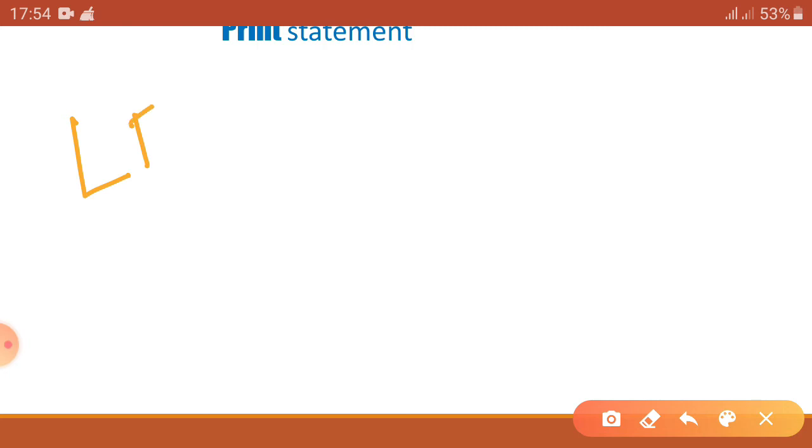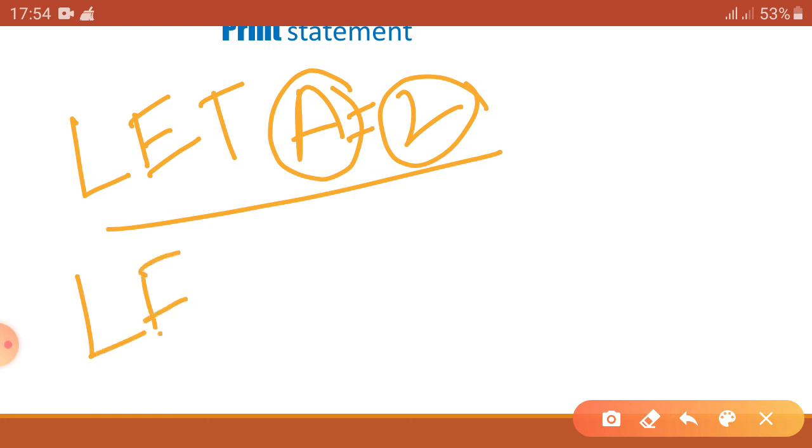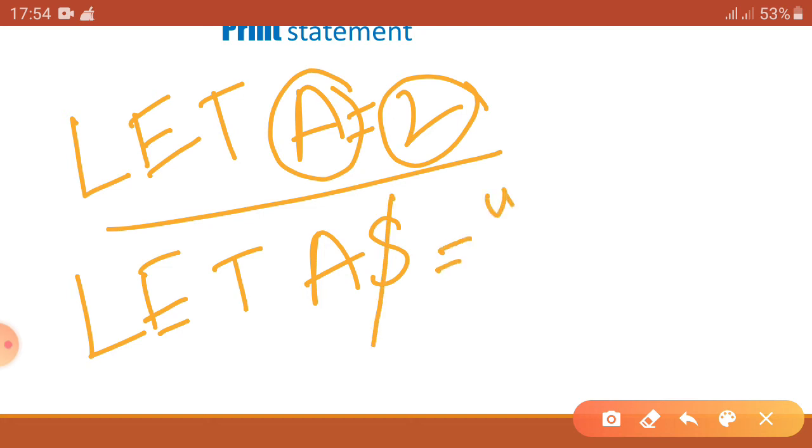let a equal to 2, it means that this let statement assigns the value 2 to a variable a. Okay, got it? If I write for the string also, let a, always keep in mind the dollar sign for string value, and then inside the bracket flower.